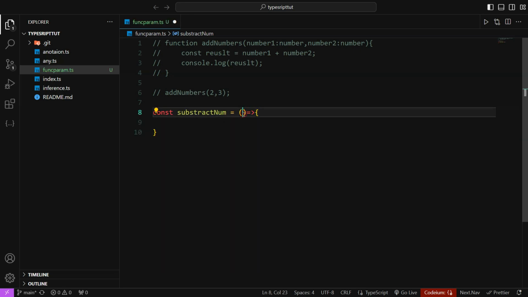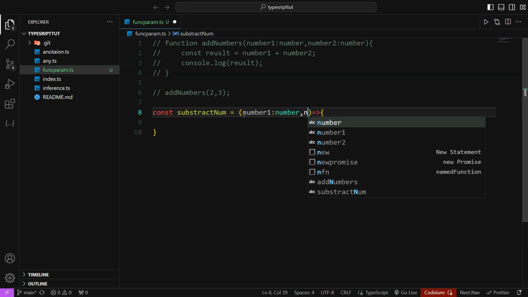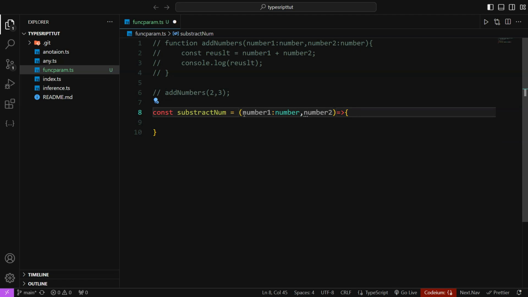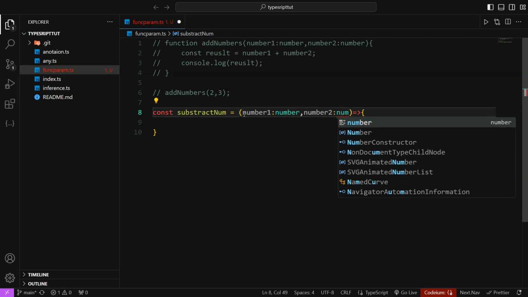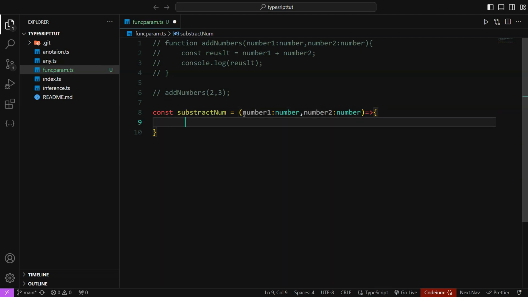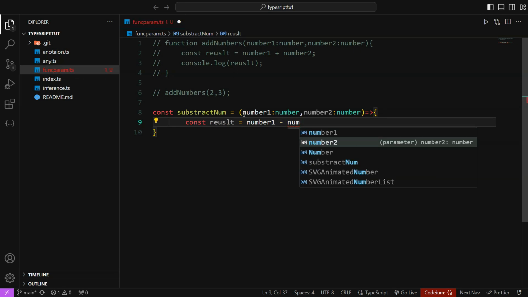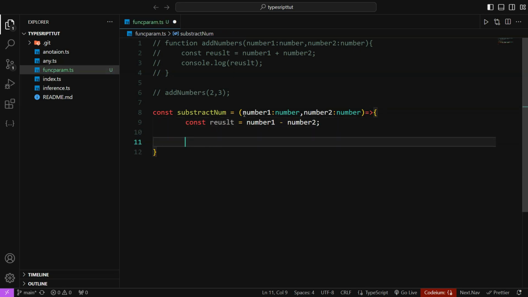It takes number1 with an annotation of number, and number2 with an annotation of number also, and we can store the result, number1 minus number2. Okay, so now when I try to print out the result with console.log,